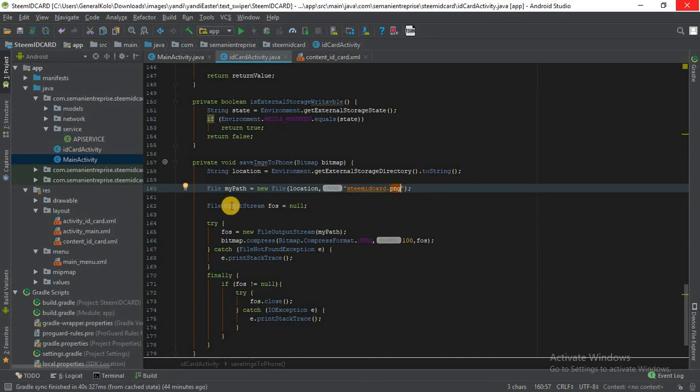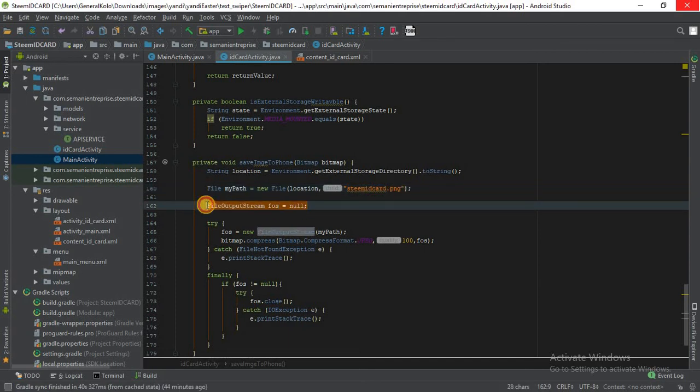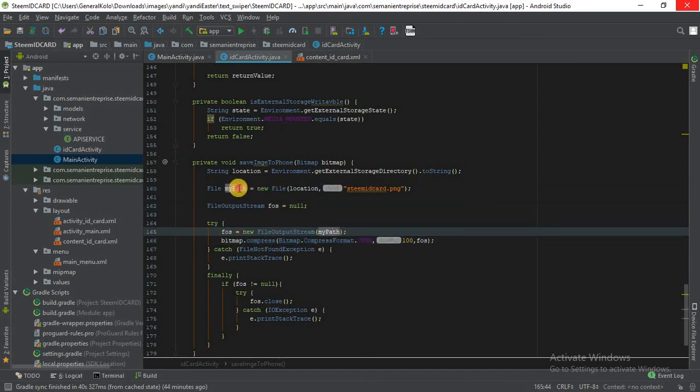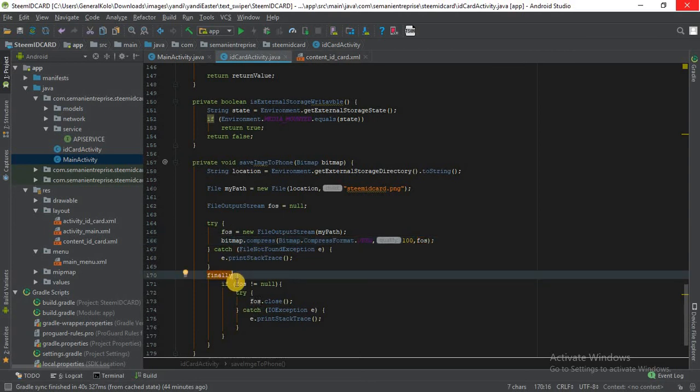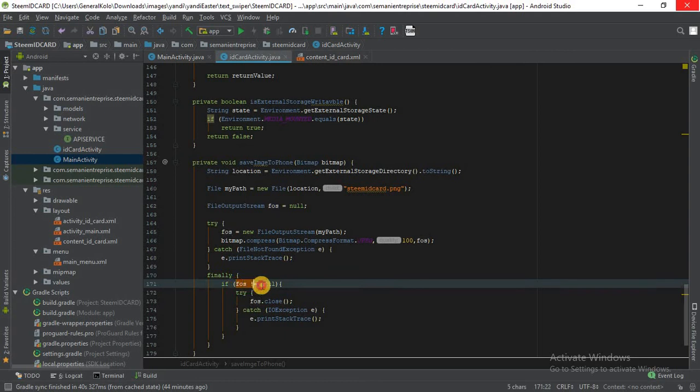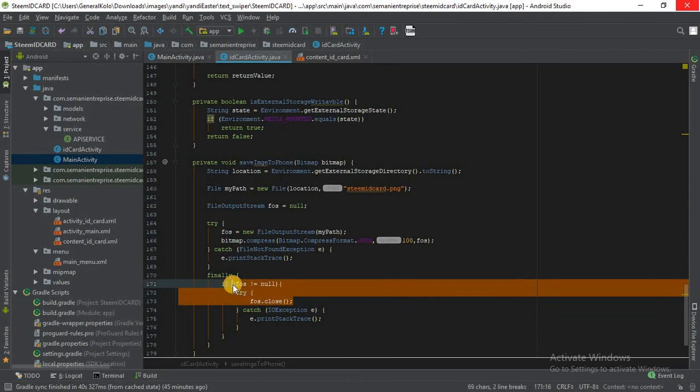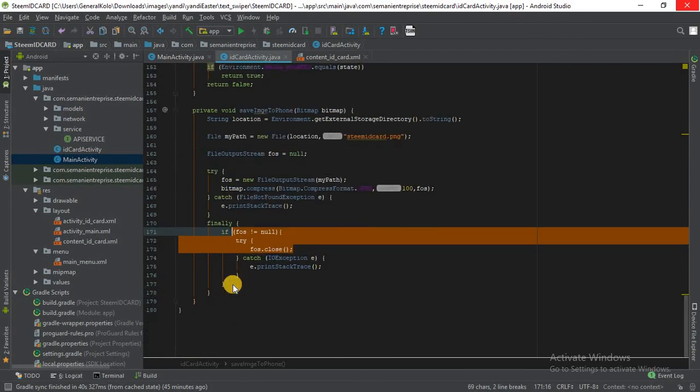Then we need a file output stream, which we initialize to null. So new file output stream with this path, and then we compress it using the compress format of JPEG. We save it here with a quality of 100, and use the file output stream as the argument. If that is done, finally we have to close the file output stream. First we check if the file output stream is not equal to null, and if it's not null, we close it. Okay guys, that is it about